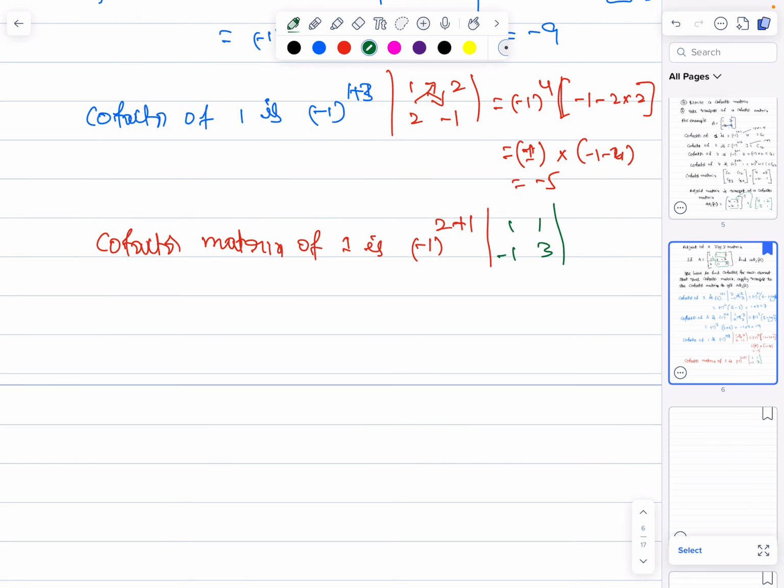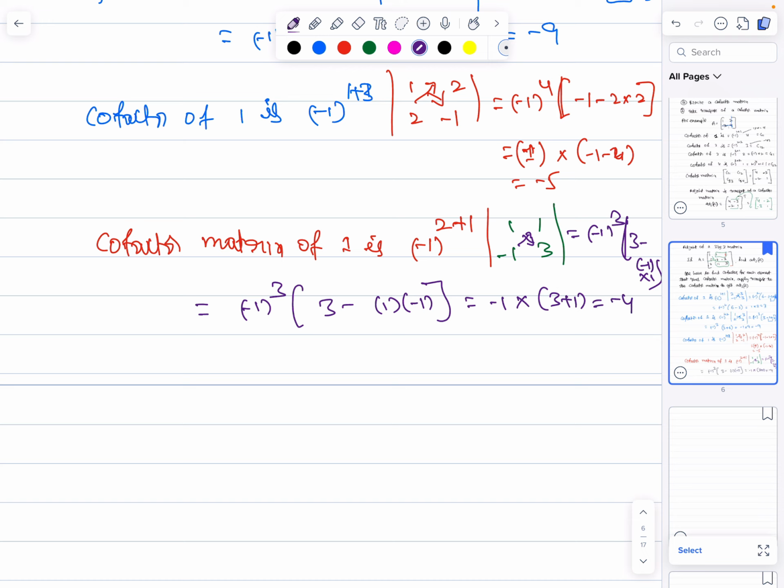Again same procedure, whenever you are moving in the downward direction, that is minus 1 whole power 3, this value is 3. Whenever you are moving upward, it is minus, already occupying minus 1 into 1. Which is equal to minus 1 whole power 3 is 3 minus of 1 into minus 1, that is equal to minus 1 into 3 plus 1, which is equal to minus 4. Minus 4 is the cofactor of the second row first column position. Similarly,